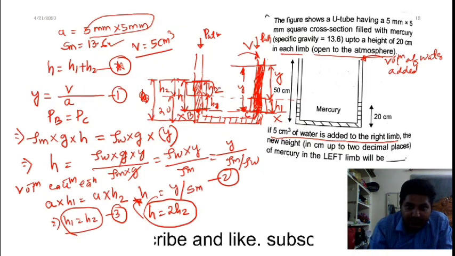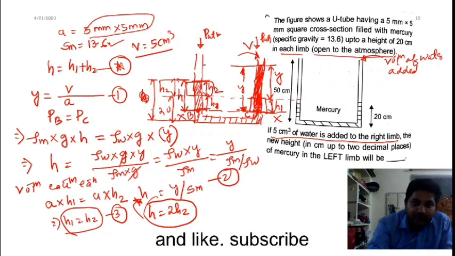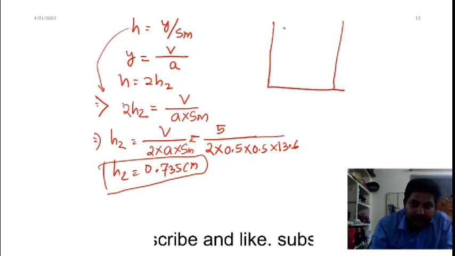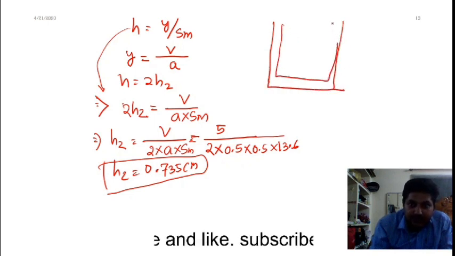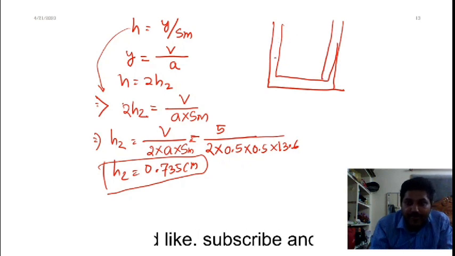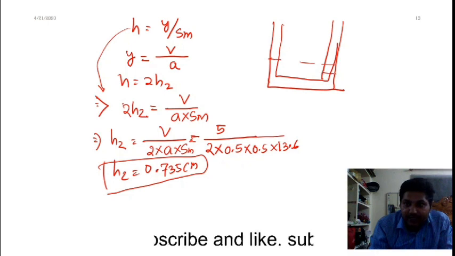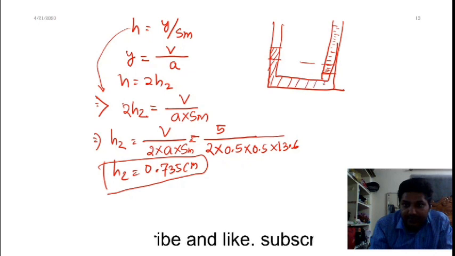So I'm drawing the figure right over here. This is the new height. This is my manometric fluid. The initial level was there, the initial level of mercury. Now water is coming, so this is the water. The same will be gained by mercury, so this is the mercury gain right over here. There is some gain in mercury.